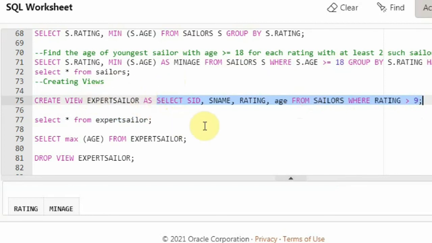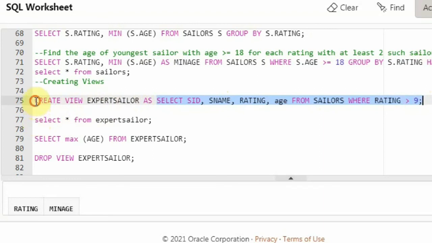You want that result, and you want to perform certain operations on it. Just like how you perform operations on a normal table, you can perform the same operations on the view table also. Why are we calling it expert sailor? Because their rating is the highest, right? We are saying greater than 9, so rating 10 people. That's why we are saying expert sailors.